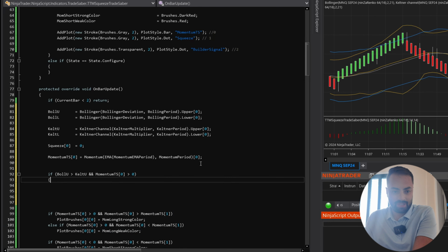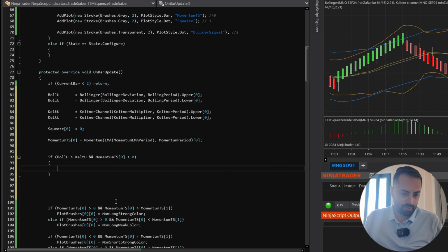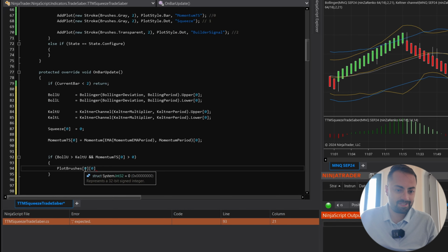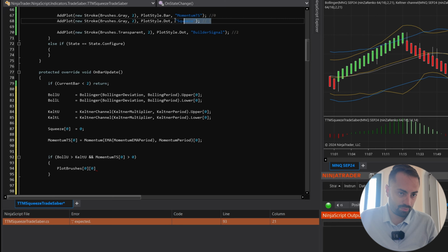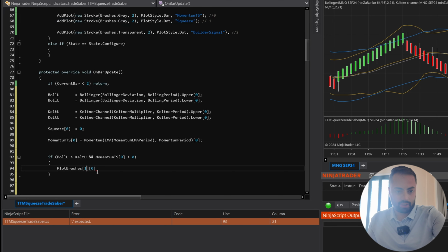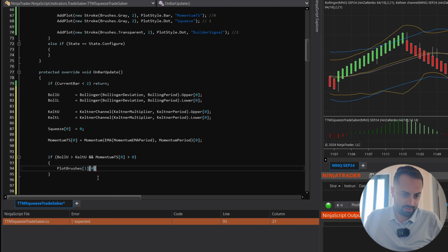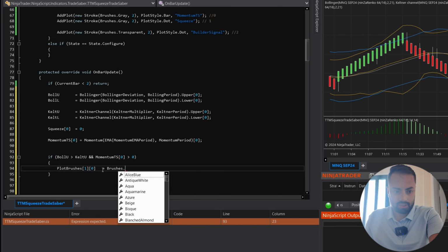Once these conditions are met, now we're going to take the same plot brushes, but this time instead of plot brushes 0, we are working with our second plot. So with coding, that is going to be plot 1. So plot 1 and the bar 0 is equals to brushes dot dark orange,